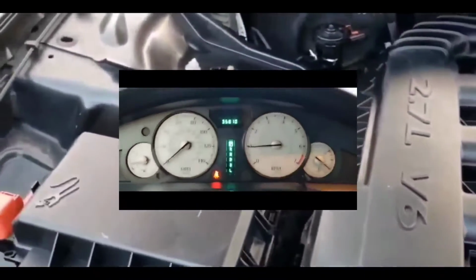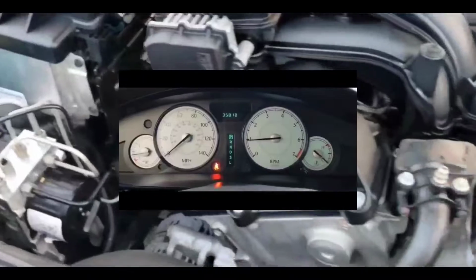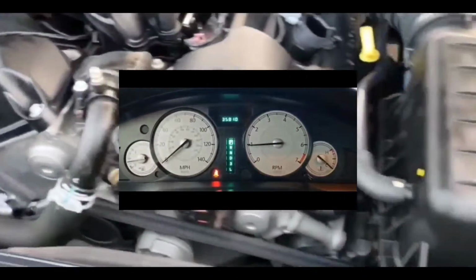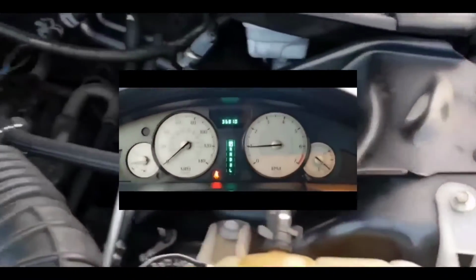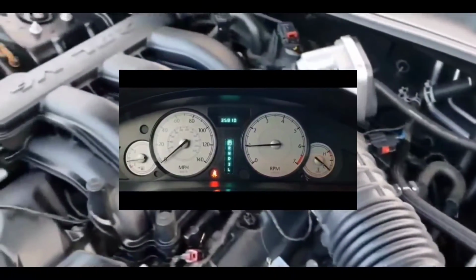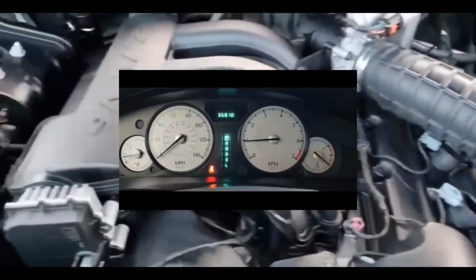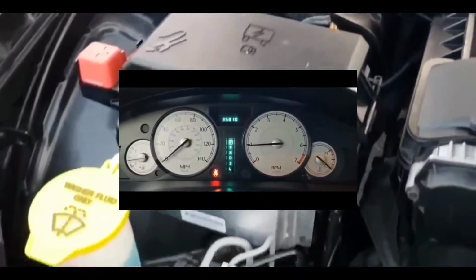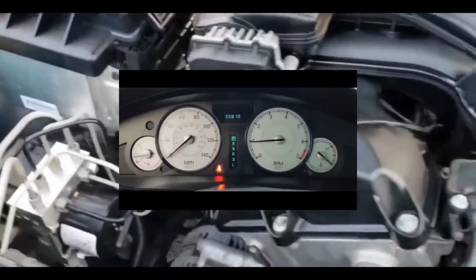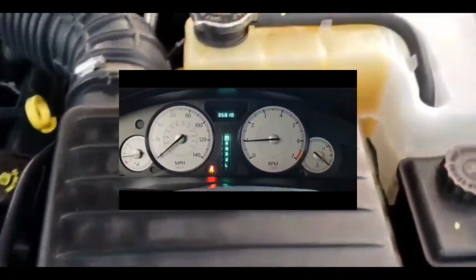If your fluid is low but it's still red, you might just want to top it off. So that's pretty much the easiest way to go. But in cases where everything is normal with your transmission fluid and you don't see any issues, which could be the case in a lot of cases because there could be other things causing your TCM P0700 issue, the next